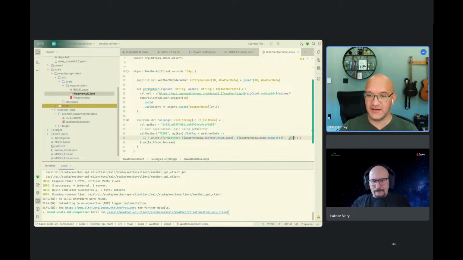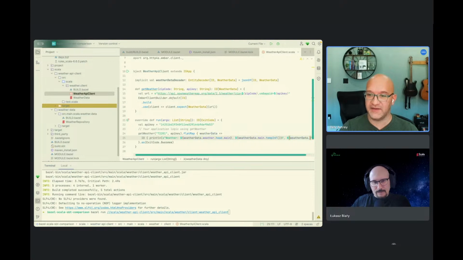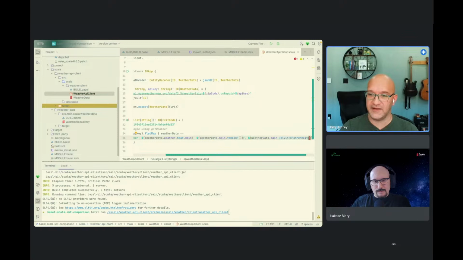So I can data dot main dot Kelvin to Fahrenheit. Oh no, this is Kelvin to Fahrenheit. This is not the function I want. I want the feels like.